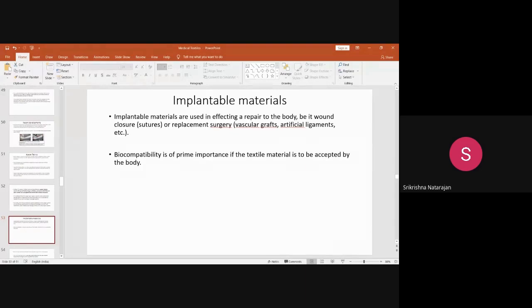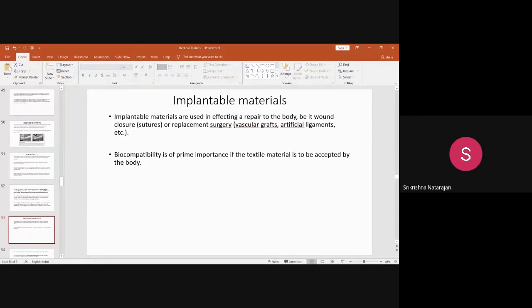You know what is meant by a ligament? Ligament is a connective tissue. It is a tissue which connects bone to bone. Two bones are connected together by a tissue called ligament. Whereas there is another one called a tendon, which we will see later, these artificial ligaments and tendons. A tendon is similar to the ligament, but the only difference is a ligament will connect bone to bone, but a tendon will connect bone to muscle. We will see those tendons and ligaments in the next lecture.